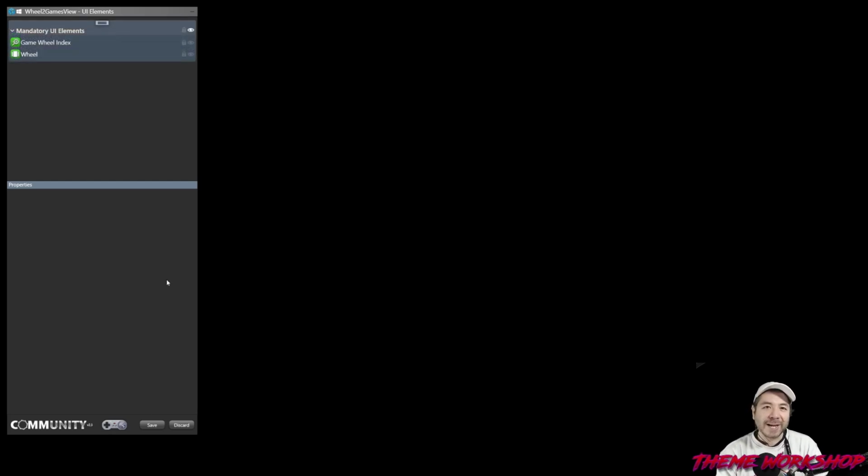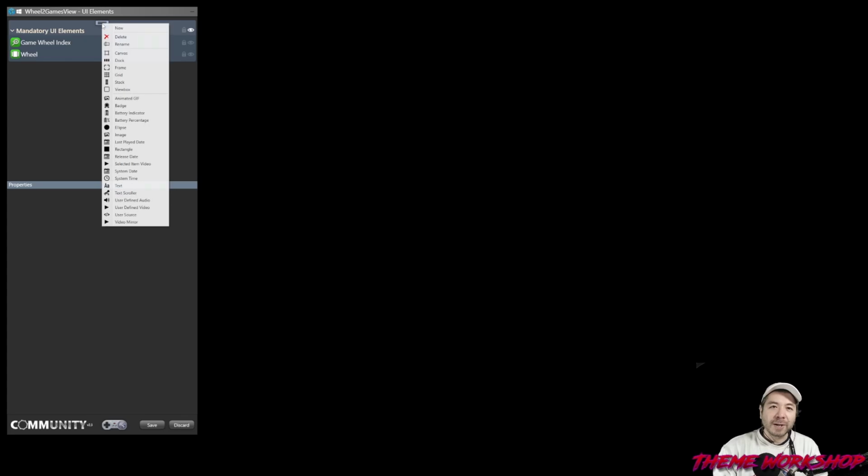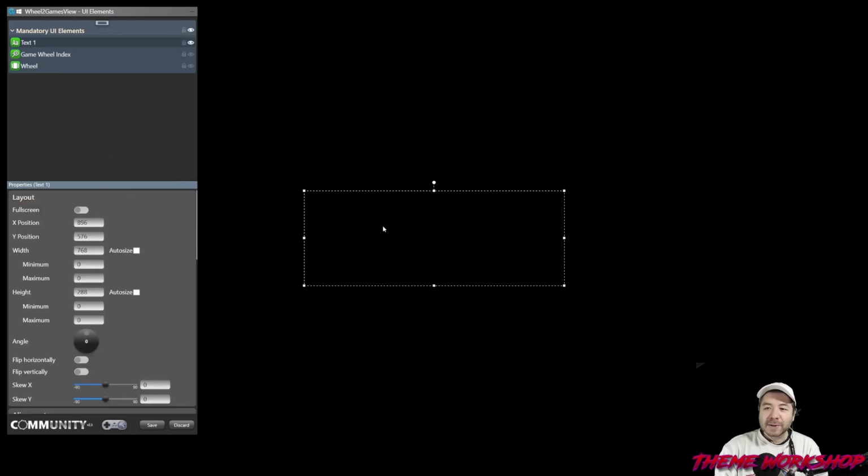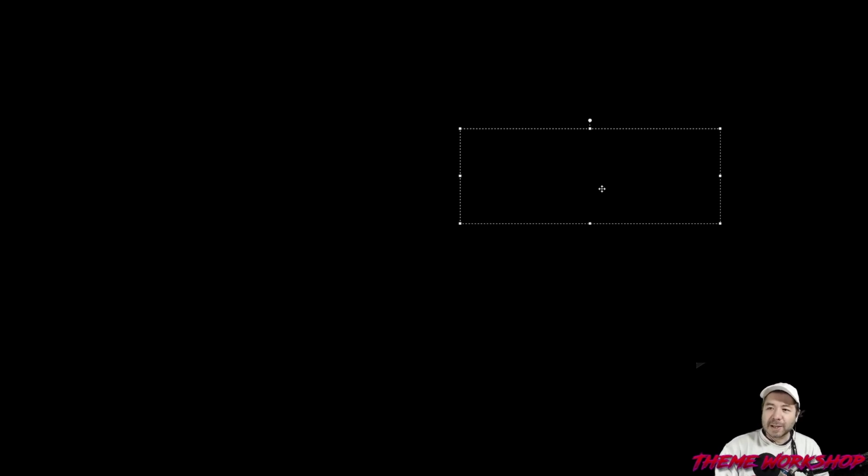Let's start with the text element. Now, to add any elements to your view, there's always at least one group added, the mandatory UI elements group, and you can click the button right here at the top to bring down this drop down that will allow you to add any element into your canvas. So in this case, we're going to find the text element, and there it is. It instantly adds the element to the canvas, but you'll see that there's nothing on it